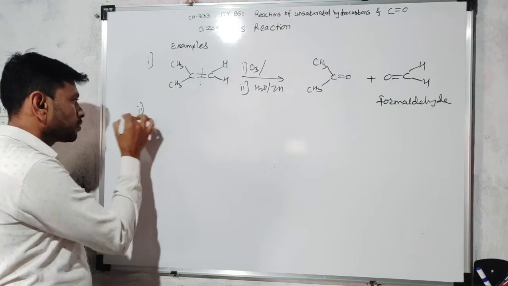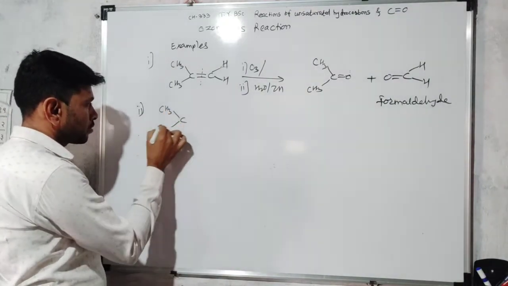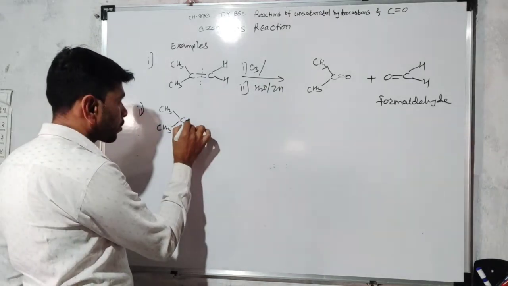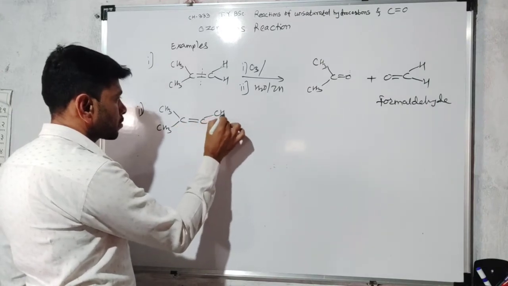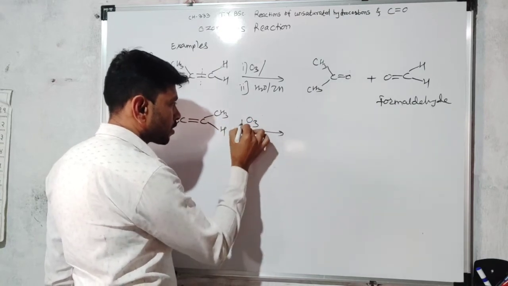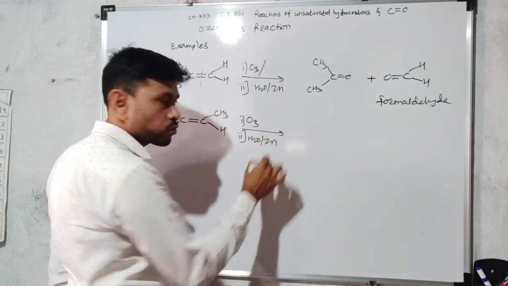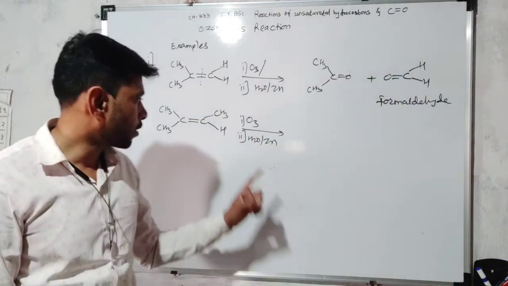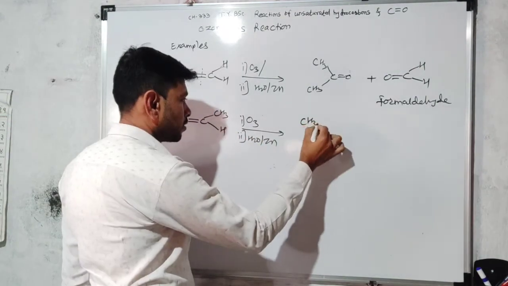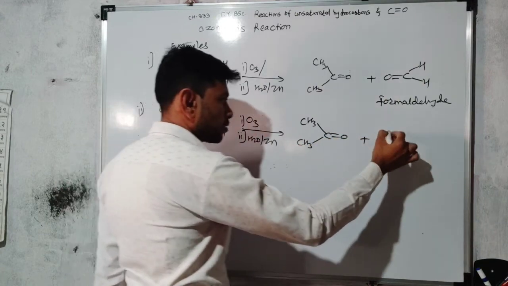See the second example. CH3, CH3H, and the same ozonolysis process is there. First step ozonide formation, second hydrolysis of the ozonide. So hydrolysis of the ozonide will give the product, that is CH3 double bond O plus C